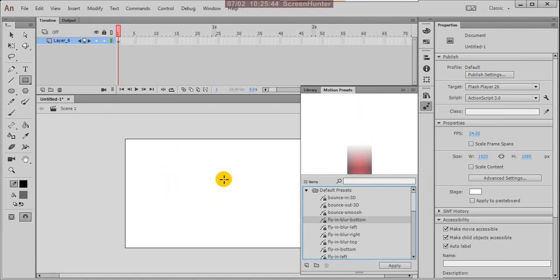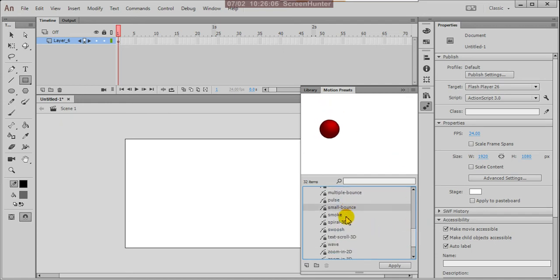Suppose you draw whatever shape here and click on the presets, the animation moves the same way, because these are designed by this software. I'll explain more clearly about these motion presets.